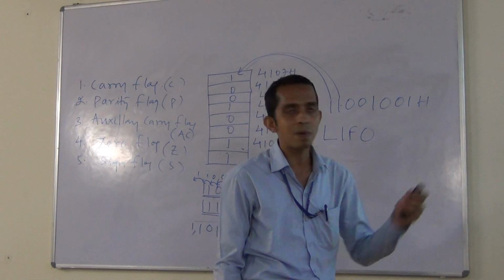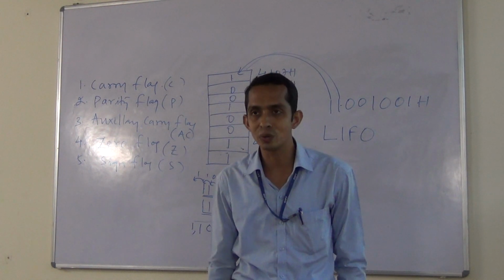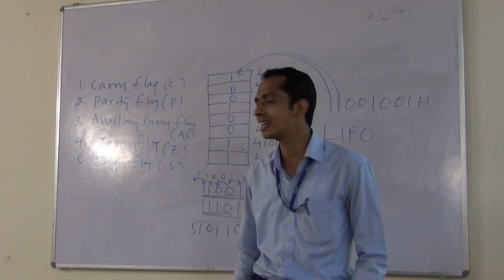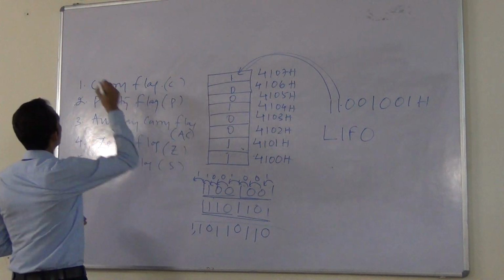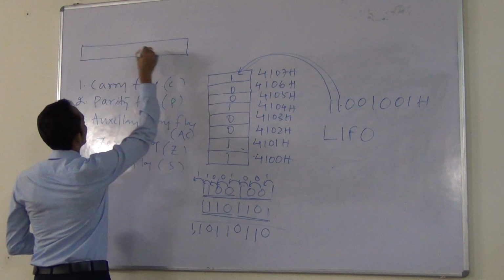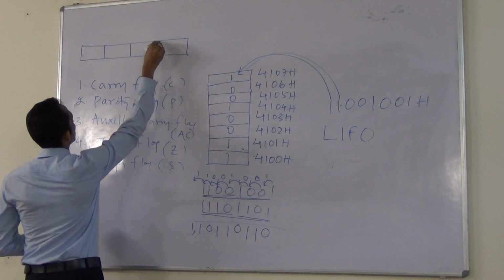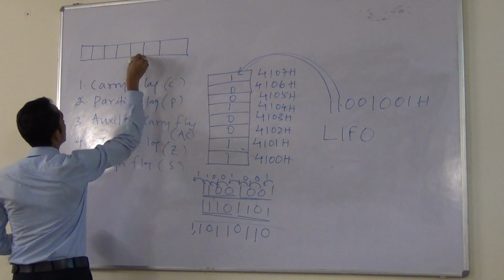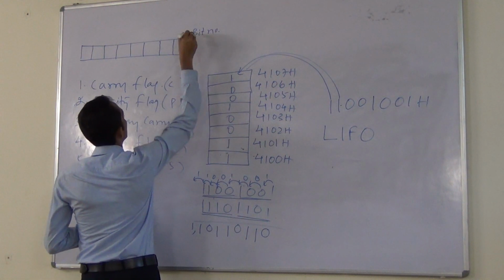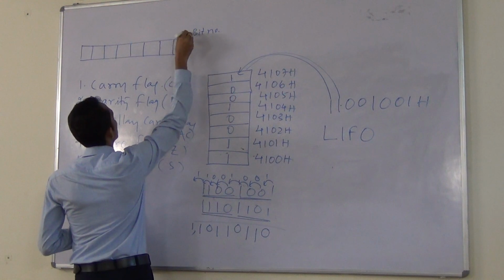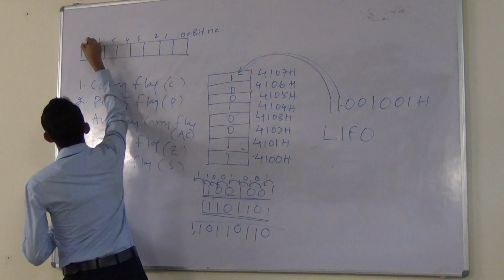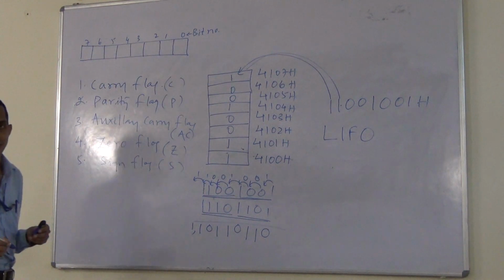Because to create the flag register, or program status word, we have to use 3 undefined bits. How is that to be created? I am just showing you. To create the 8-bit flag register, I can show like this. Total 8 slots I am creating. If I am taking the bit numbers, this is the 0th bit, first, second, third, fourth, fifth, sixth, seventh. Started from 0, and the MSB bit is the 7th bit.